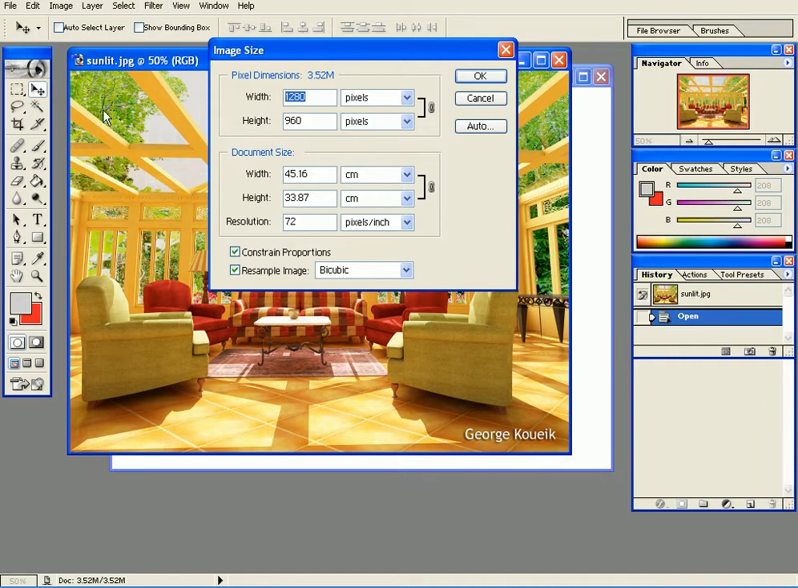What I can do, however, is change the resolution, which is how many pixels I have per centimeter or per inch. So at a resolution of 72 pixels per inch, when I print this image, it's going to be 45 centimeters by 33 centimeters, approximately. When I print this image at a resolution of 72, it's 45, which is almost like this, by 33, which is like that, approximately. But the quality will not be very good because the resolution is how much? 72. What is a good resolution? 300. So if I choose 300 here,